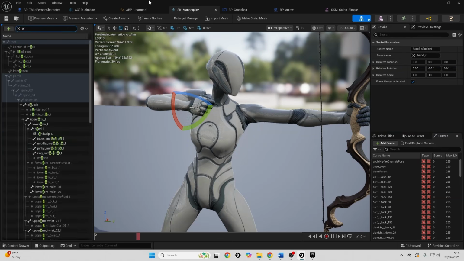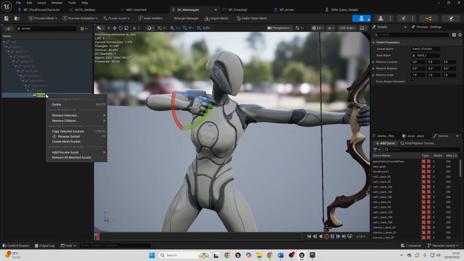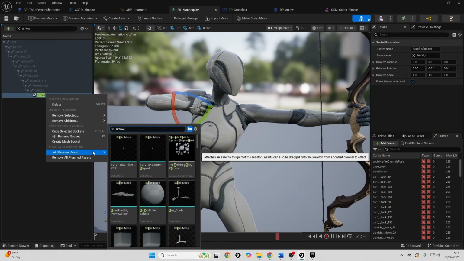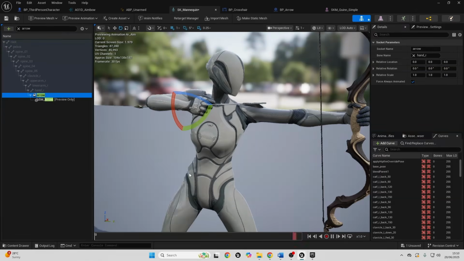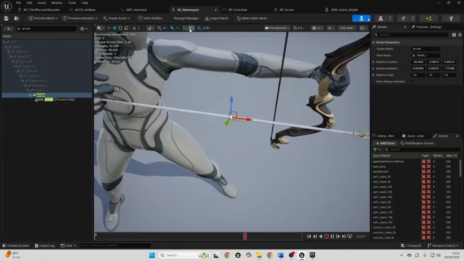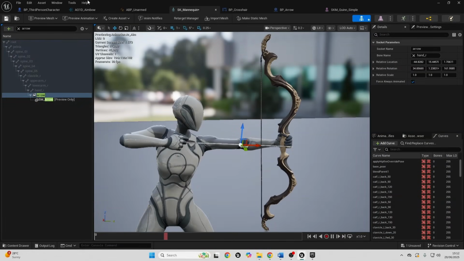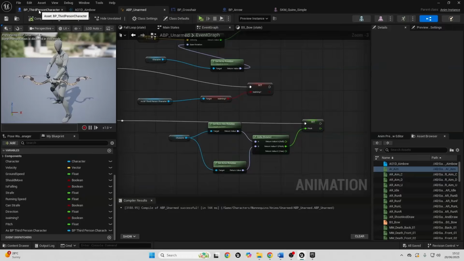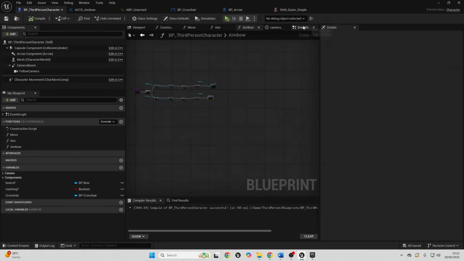Then here I'm going to look for arrow. Right click on this, go add preview asset, and look for the arrow. We want this one, static mesh arrow. Rotate it. And then we just want to position this like it's in our arrow. So I'm just going to quickly do that. Okay, so I've now done that. I can save this, close this, and let me go over to my third person character and over to the